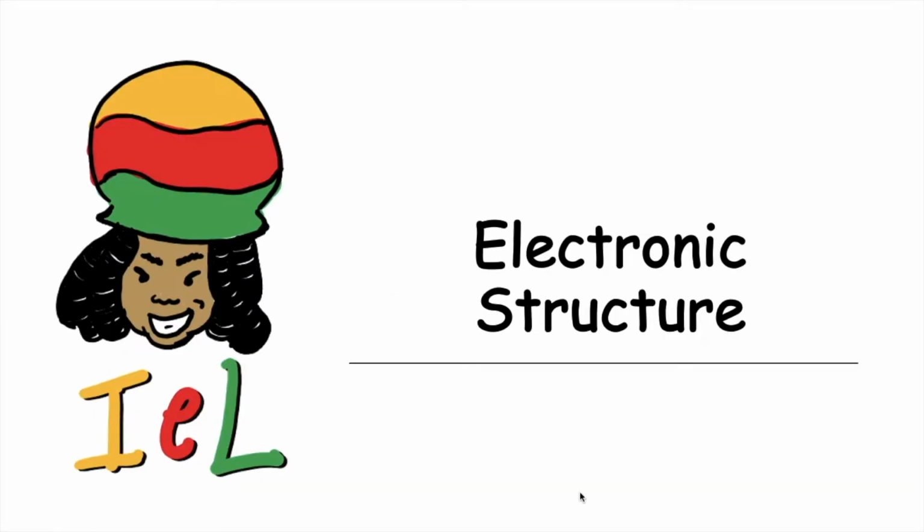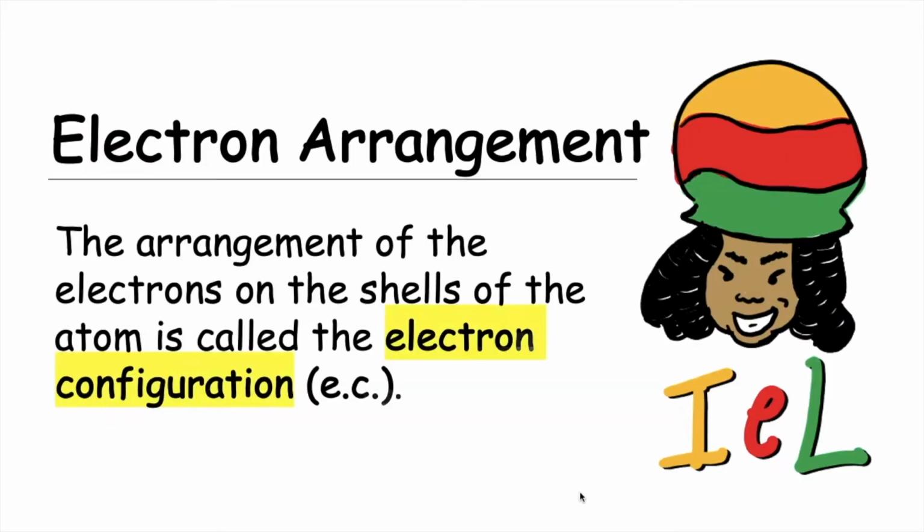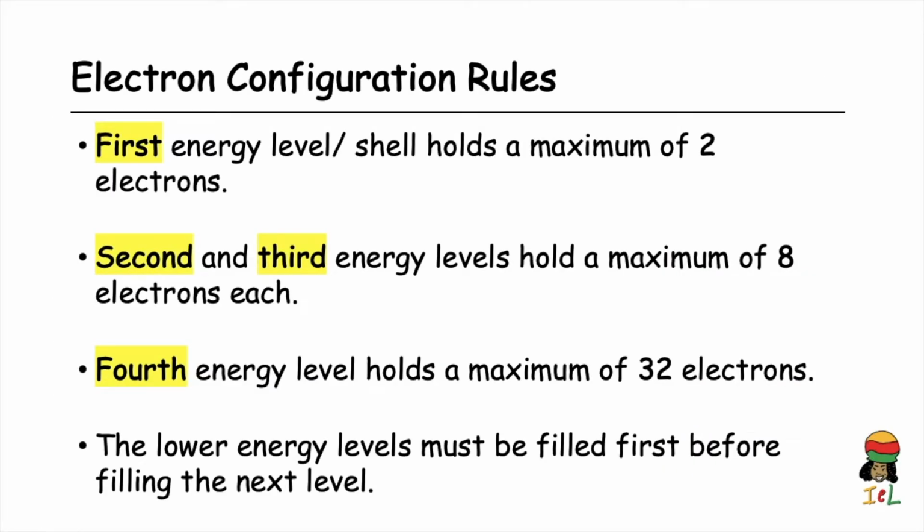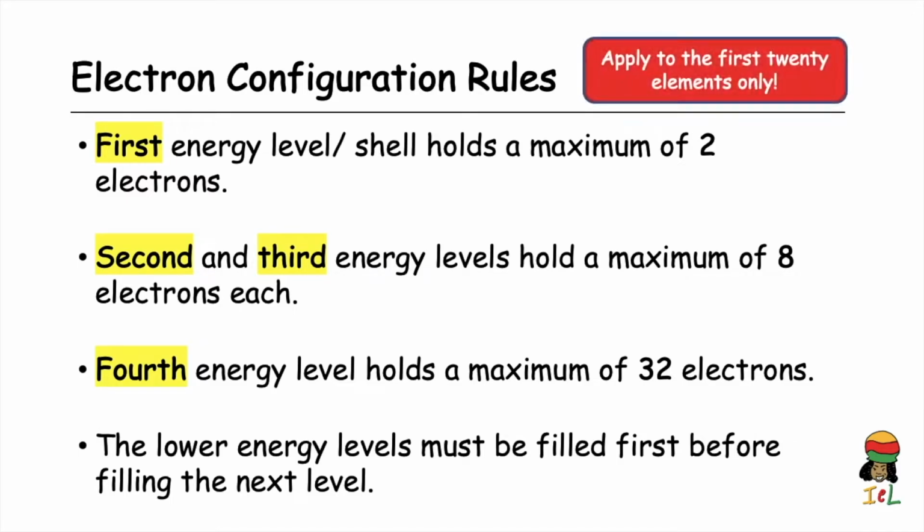Now we're going to take a look at the electronic structure. The electronic structure shows how the electrons are arranged around the nucleus of the atom on the shells or energy levels. Electrons are arranged in a specific order on the shells or energy levels surrounding the nucleus of the atom. This arrangement of the electrons is called the electron configuration, which is denoted EC. There are four basic rules that must be followed when arranging the electrons on the shells of the atom. Note that these four rules only apply to the first 20 elements, that is from hydrogen to calcium on the